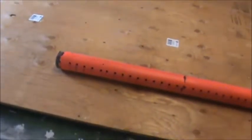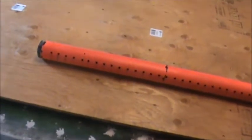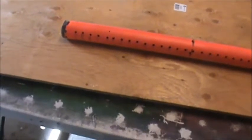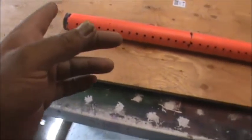My wife and I talked, and we said, well, let's try the hole method. It worked good. We got water out, but we were getting streams of water out, and we ended up not liking it. But by the time we had this hooked up in the haunt, it was too late to fix it. So I've got to get my cutting wheel out, and I'm going to go down that row of holes